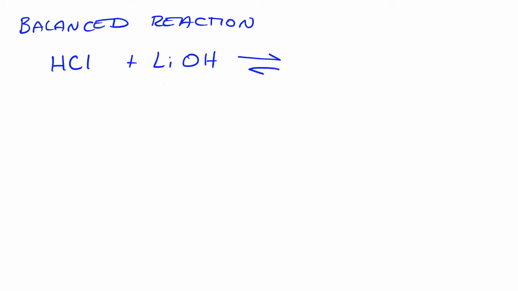So what we're going to see is what we call a double displacement, where H and lithium will switch places with the anions, and we're going to have lithium chloride, which is still dissolved in solution, and we're going to have a lot of water